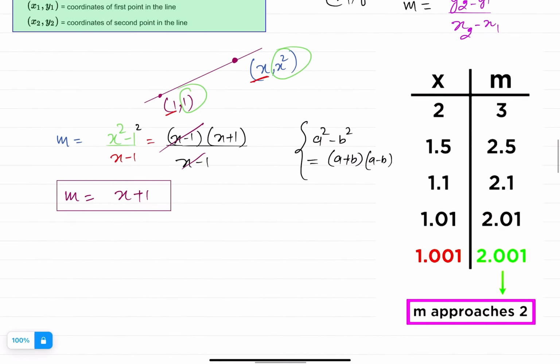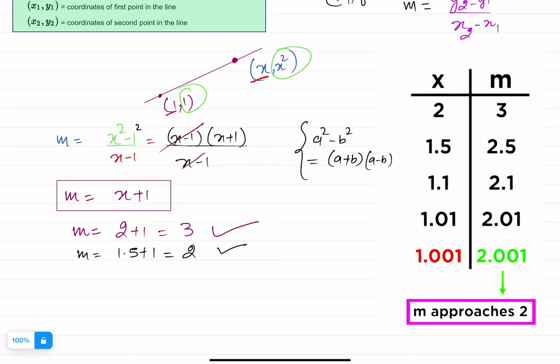Okay, let's suppose the first point is 2. The slope will be 2 plus 1, that will be equal to 3. Let's suppose you're approaching the point 1 comma 1 from the right side. First the x coordinate was 2. Now if you're coming closer from the right side, it will be 1.5. The slope will be 1.5 plus 1,